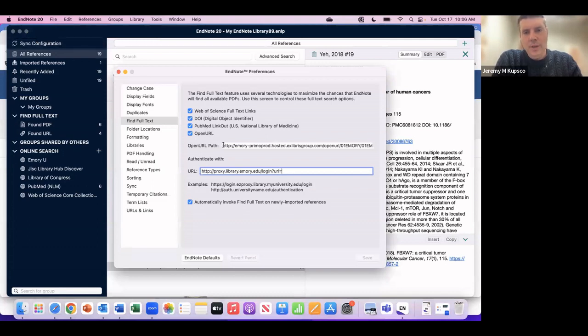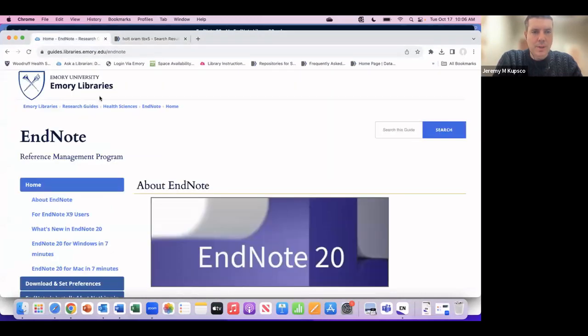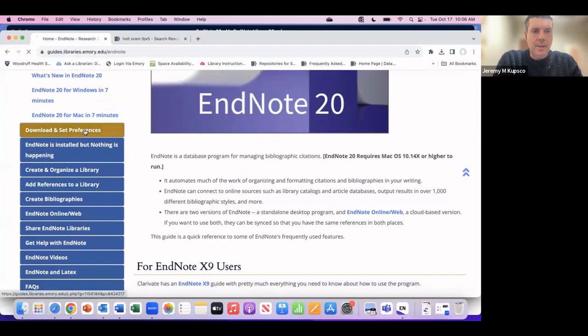And there's two URLs you have to enter in to access Emory's subscriptions for full text. There's an open URL path and an authenticate with URL. You can find both these URLs on the Health Sciences Library website. So if I go back to our EndNote support page, it's going to be under Download and Set Preferences.